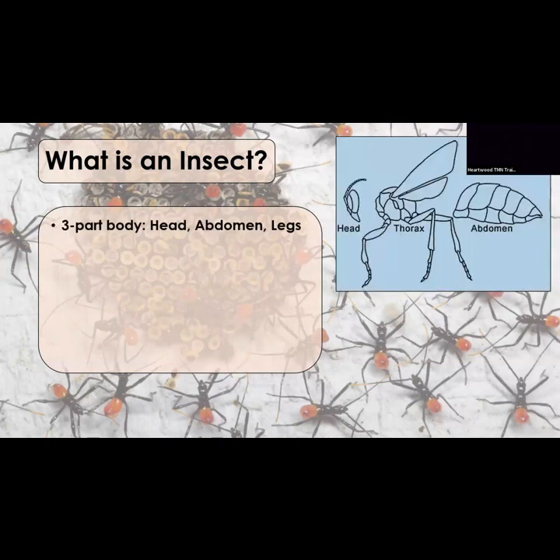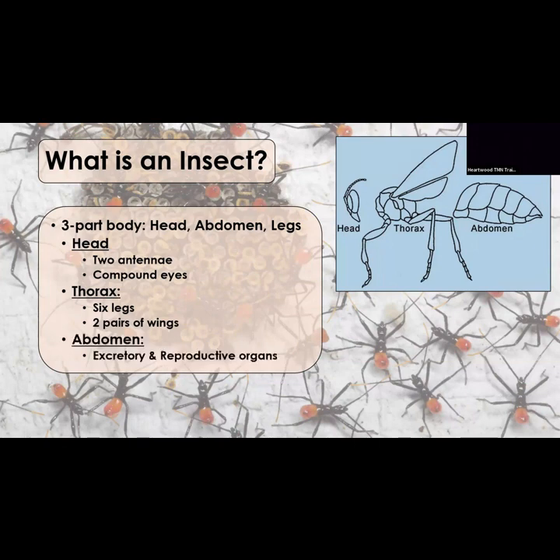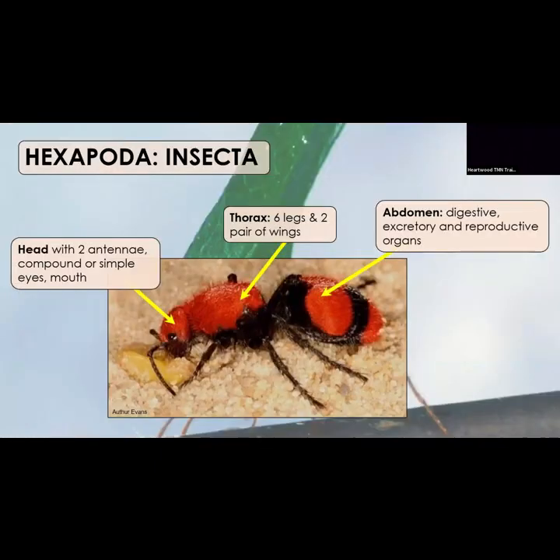So what is an insect? 3-part body plan, always head, thorax, and abdomen. You have your head, which has 2 antennae and compound eyes on it. The thorax will have the 6 legs. And this is where a lot of modifications happen, right? All insects have the same body parts. It's just modifications. Like me and elephants have a nose. Theirs has just been modified significantly. So think about those things with insects because they all have the same body parts. They just crazy modify them. And then the abdomen, that's like where all the eggs and excretory stuff is. So that's the general structure of an insect.